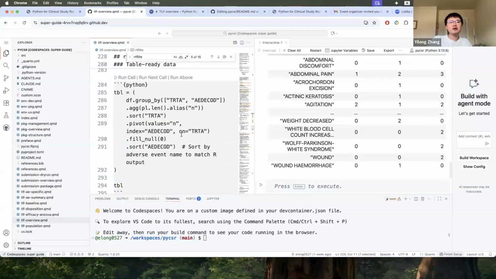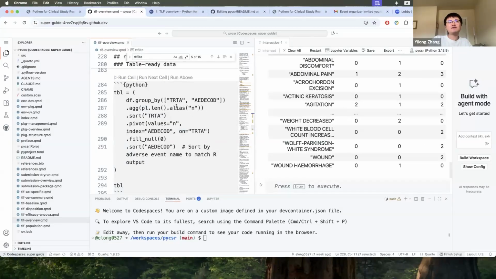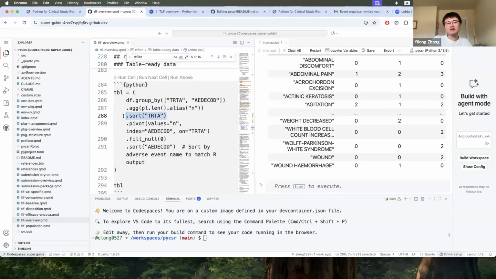This is a bit complicated Polars syntax, but ideally you can see similar flavor like tidyverse. We group by treatment group and AE code. We calculate the count and we sort. And this sort is actually always important in Polars, because to enable parallel computing, they don't maintain a sort by default. So if you want to ensure reproducibility, always sort as desired.